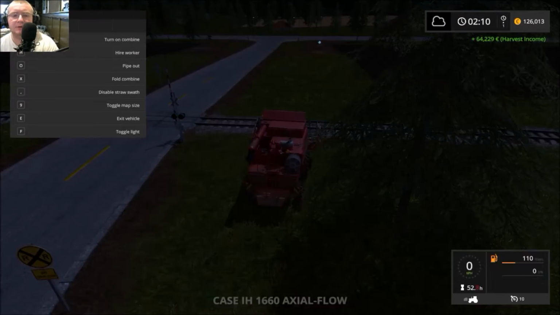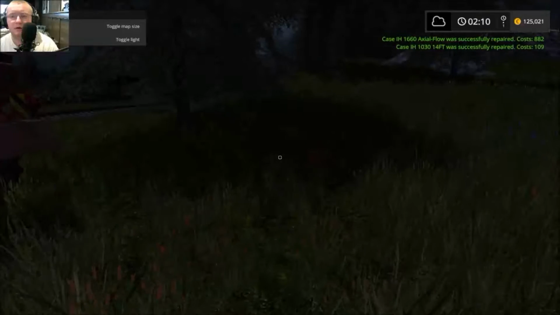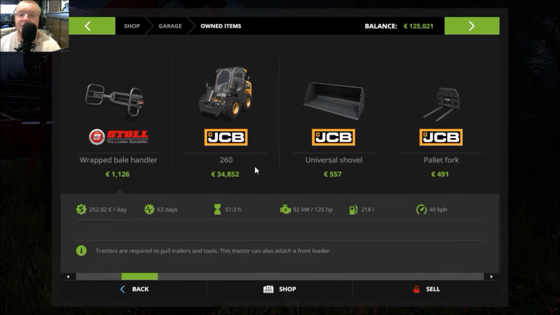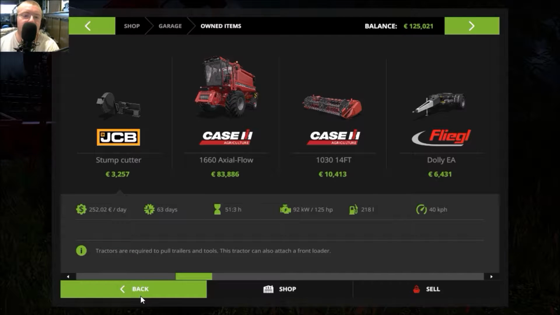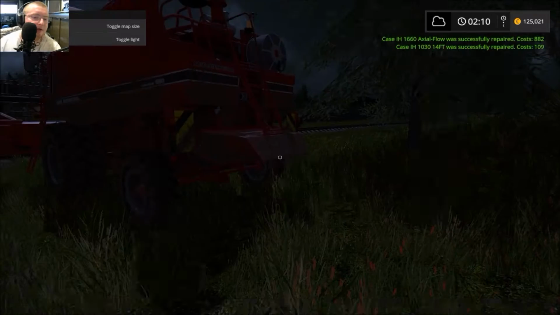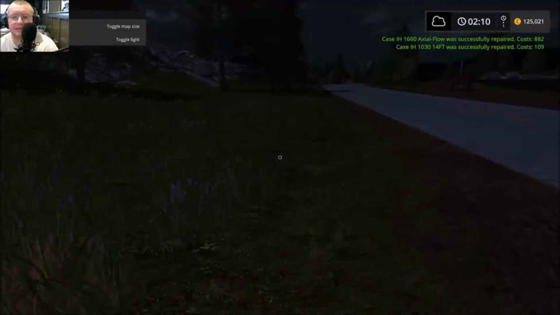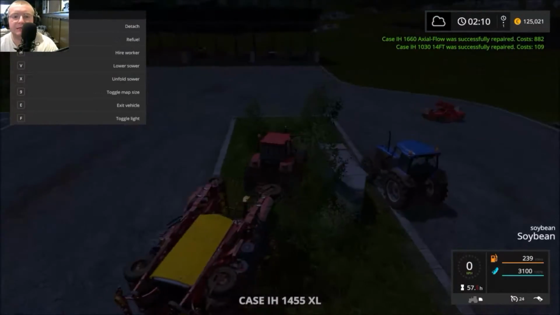Let's actually see how much the combine will sell for. Okay, so if we repair this and repair the header for about $1,000, how much will we get for this guy if we take it to the shop? So we'll get 83,000 and 10,000. So it'll be over $200,000. So I think we are gonna sell this guy. The only thing to think about after that is